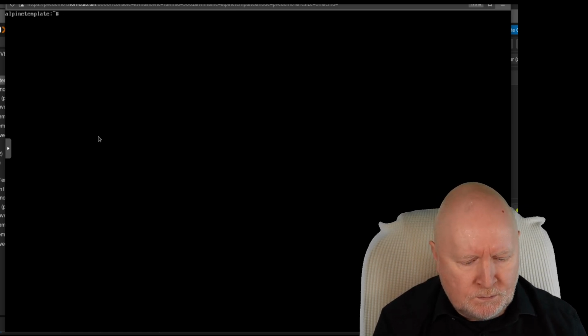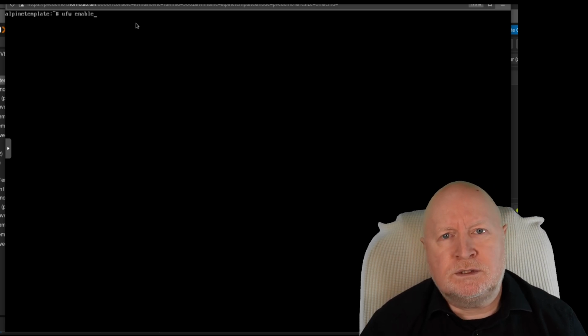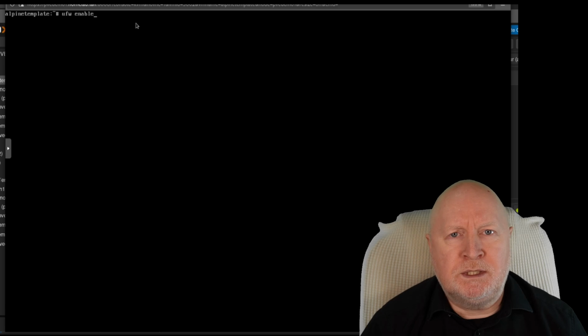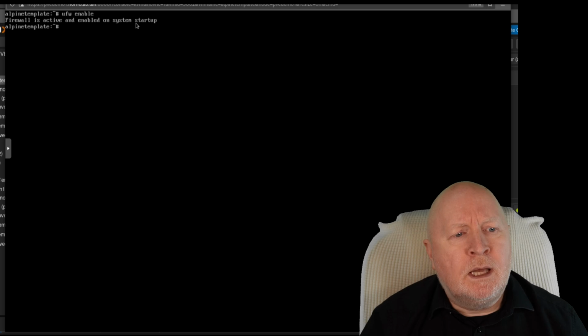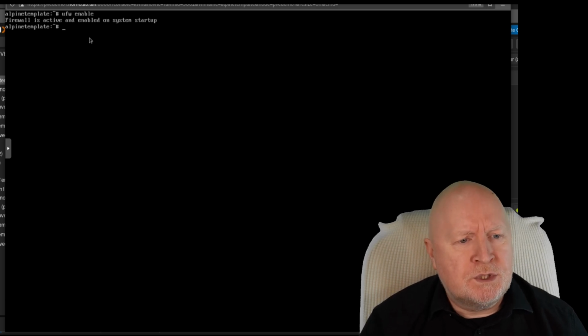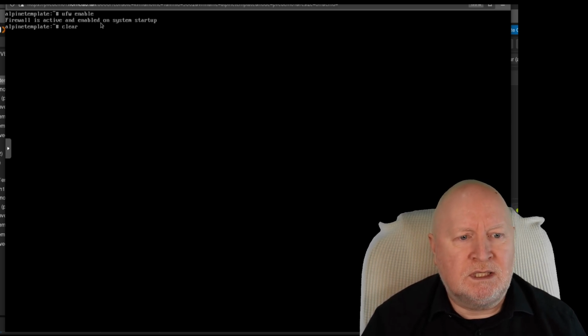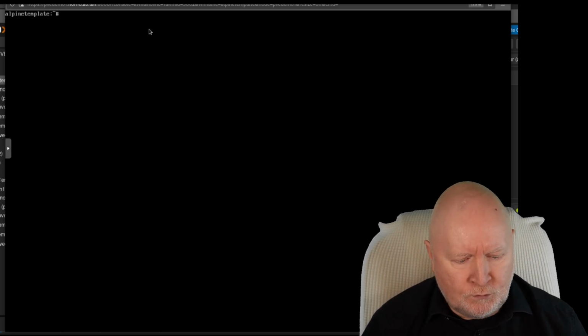So what we're then going to do is enable UFW. So UFW enable, because by default it isn't started and it's not set up to actually boot from start either. So hit return. Now, what I will say is this is a bit deceptive. If you're used to a Debian operating system, for example, or anything based on that, you would just type that in, run the actual command, and that's it. UFW will always start every time the computer boots up. That's not the case for Alpine Linux here. So even though we're getting that feedback to suggest it's actually enabled on startup,